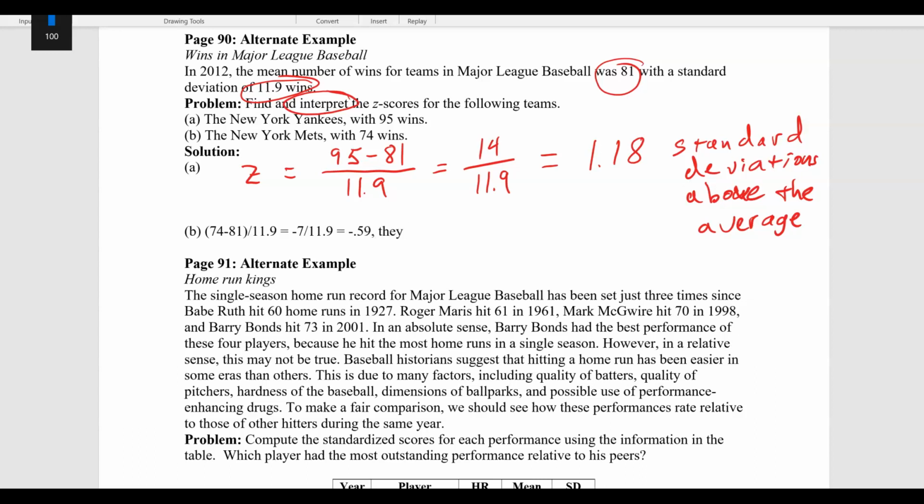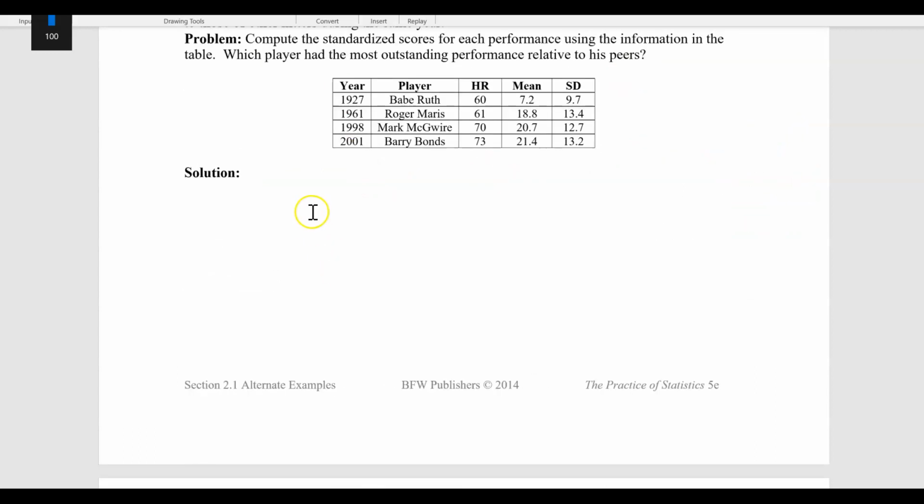So my interpretation would be they are about 0.6 or 0.59 standard deviations below the mean in wins. Okay. So we can stay with baseball here, and we have 4 very famous